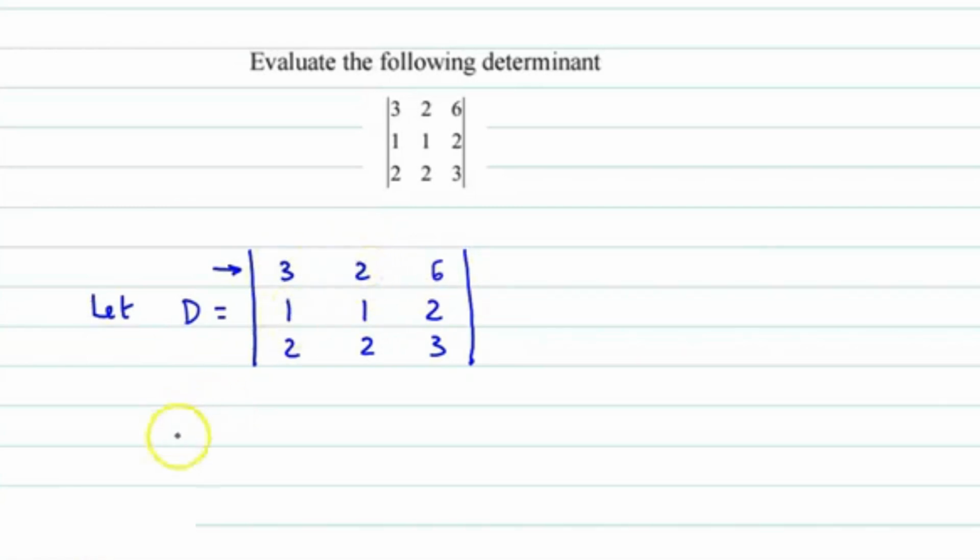तो देखें कैसे करते हैं हम इसे evaluate. So this will be 3 times, first element 3 है। अब 3 का रो और कॉलम अगर हम डिलीट करते हैं तो ये 4 एलिमेंट्स का डिटर्मिनेंट बनेगा। So 3 times determinant of, so deleting the row, deleting the column, ये 4 का हम determinant बनाएंगे। So 1 2 2 3।